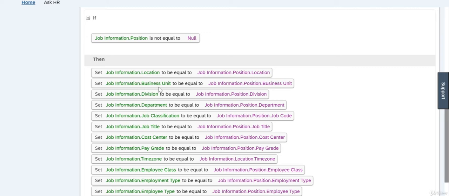Same, job information business unit to be equal to position business unit, division to be equal to position division, job information department is equal to position department, classification to be equal to position job code, job title to be equal to position job title, cost center to be equal to position cost center,